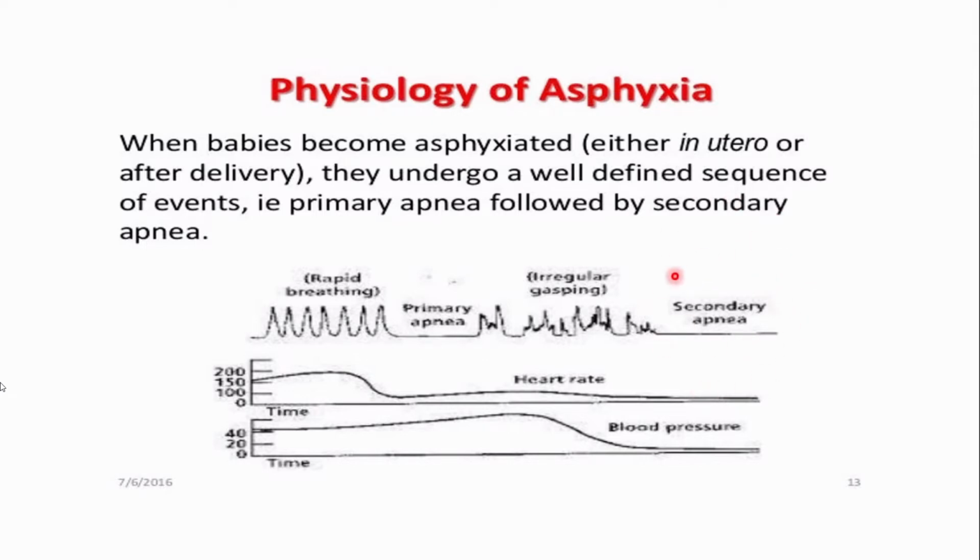So whenever the baby is delivered with apnea, we assume that the baby is in secondary apnea, and we do not waste time giving tactile stimulation for a long time. If the baby doesn't respond, we immediately start bag and mask ventilation. Okay, I am repeating this again and again because this is very important. The bag and mask ventilation or the first breathing should be given within the first minute of life to prevent neurocognitive damage to the baby. Slide clear, Saki Saina?